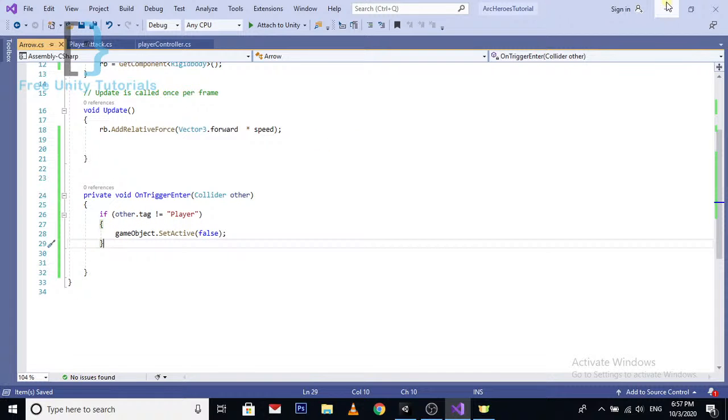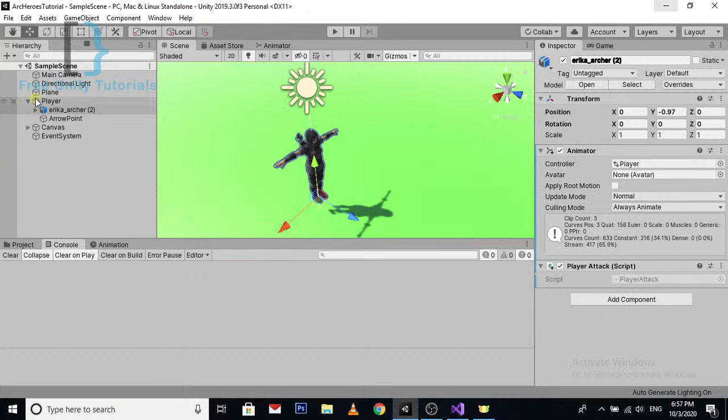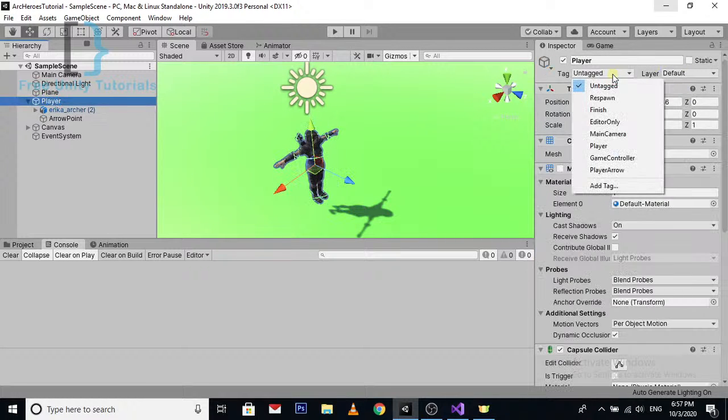Okay, so this is the one condition, and now I'm going to add the wall. First thing, we are adding a player tag here,